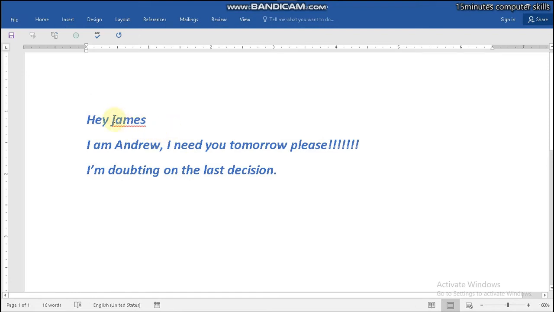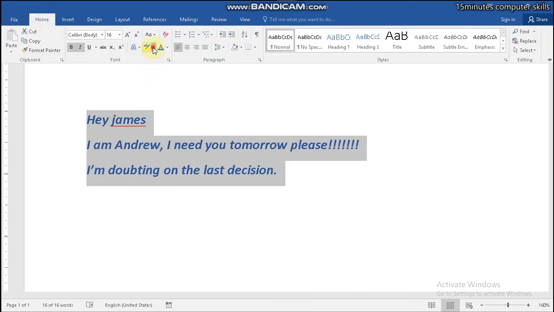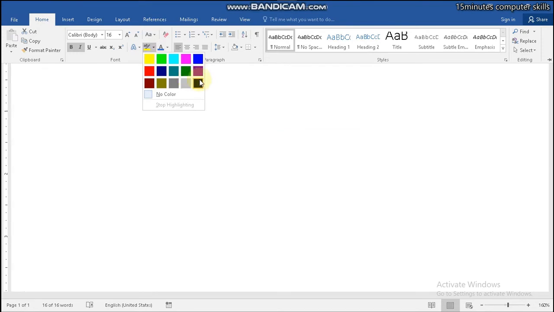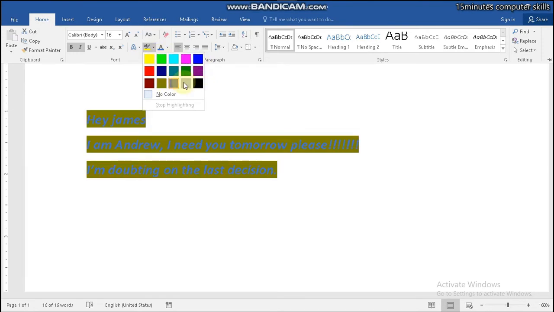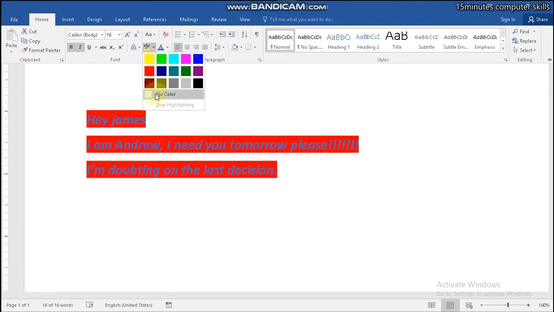Hey James, doesn't it look more beautiful? I think so. We can also change the background of our text by simply clicking on this small icon here. As you change the color, the color of the background of the text also changes. I think it could be better if we pick this one.